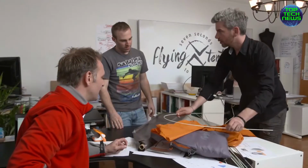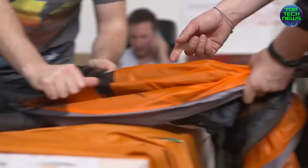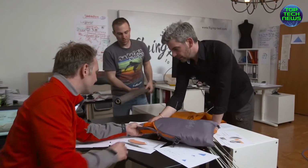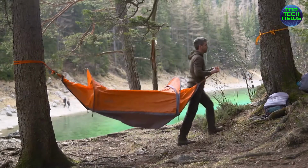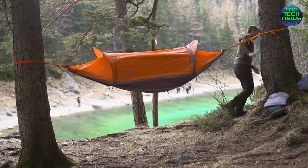As outdoor enthusiasts, we love the simplicity of the flying tent, but it took us 2 years to get there. The biggest challenge was to merge all these functions into one smart product that allows small packaging without compromising its functionality. We actually had to invent a completely new mechanism that didn't exist before. It even allowed us to apply for a patent, and it allows you to set up the tent in just